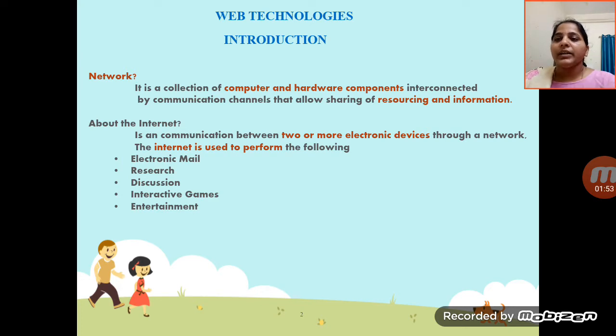After that, the internet. The internet is communication between two or more electronic devices through a network.